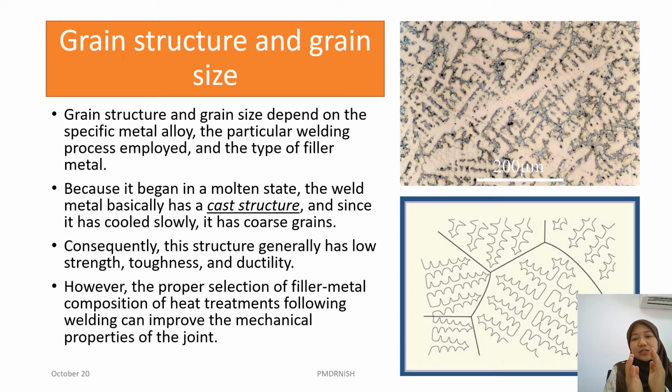If another set of dendrites changes slightly in terms of angle or other properties, it will become another group of dendrites. That's why if you look at the microstructure on a bigger scale, you can see the columnar grains. So every grain actually consists of a group of dendrites that has the same properties. If the properties change, especially the angle changes a little bit, it will form another group of grains.